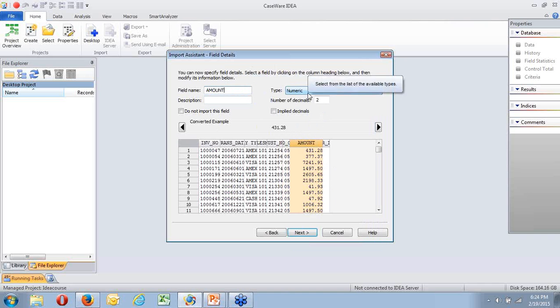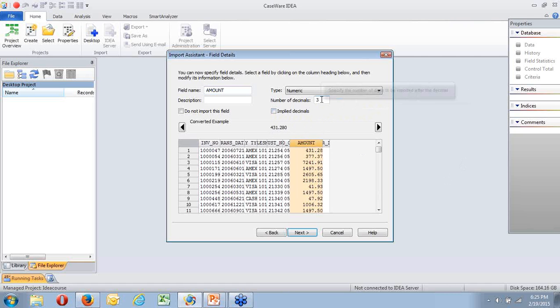It is numeric. It thinks the number of decimal places is 2. Is correct. There's the first value, 431.28. If I change that to 3 decimal places, you'll notice that there's a decimal place in there, not an implied decimal, an actual decimal place. So if I change it to 3, all it's going to do is put an extra 0 on the end. It's going to leave the 431 as 431. If I change that to implied decimal place, it's going to give me 431, implied decimal place, and nothing behind it.